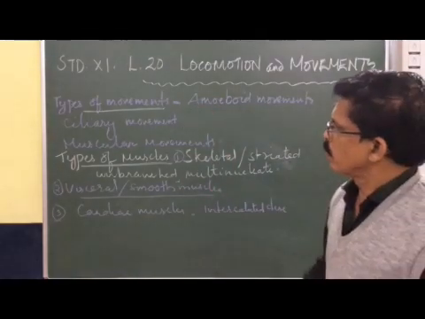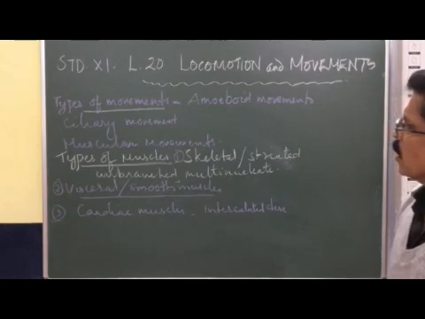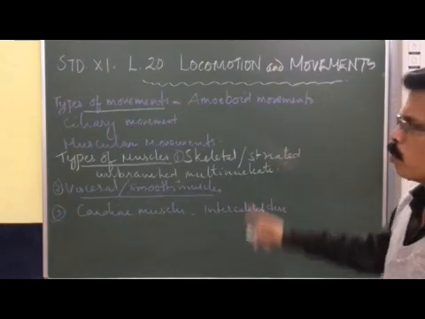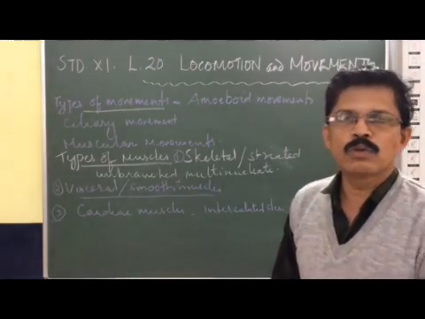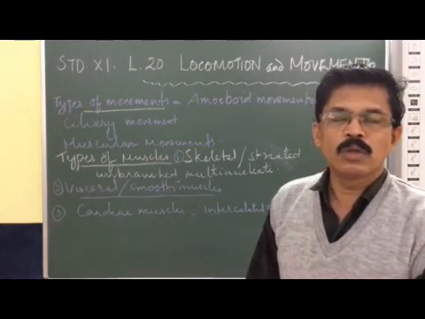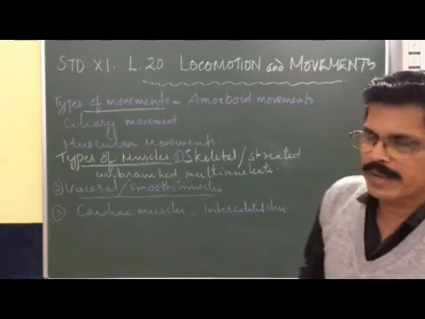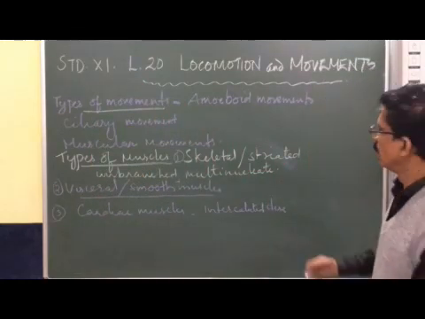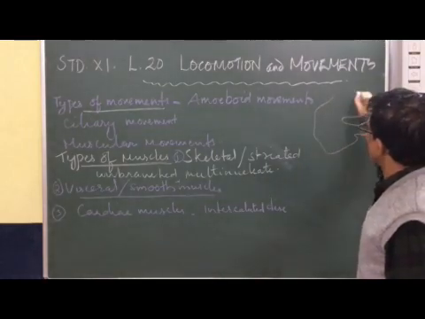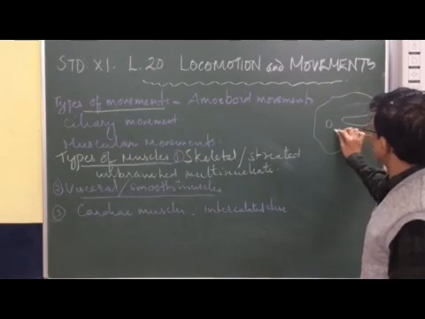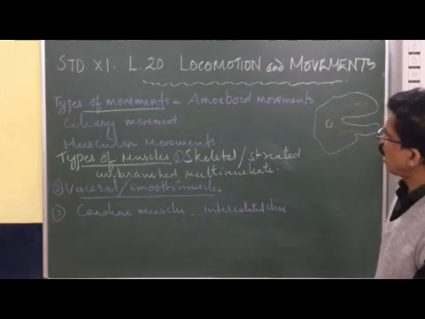So the organisms move in different ways. There are three main categories of movements. Amoeboid movements. When we hear amoeboid movements, what comes to our mind is amoeba. Amoeba moves by using pseudopodia. Pseudopodia are body projections, and into these body projections you can see the streaming cytoplasm extend. For example, this is amoeba, and amoeba extends its body by streaming the cytoplasm, by pushing the cytoplasm, by extending the cytoplasm. That is called amoeboid movement.